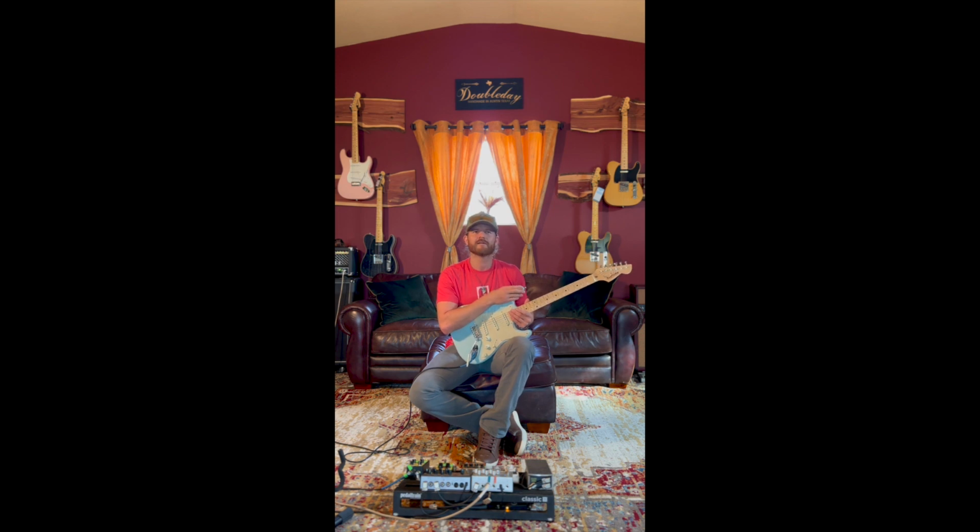I guess about 2 years ago, I was actually gifted serial number 001 of Doubleday guitars, which looks like one of these guys, one of these T-style guitars. And it's an amazing guitar. It is a Telecaster. It is spanky and twangy and clear and chimey and all the things that you want